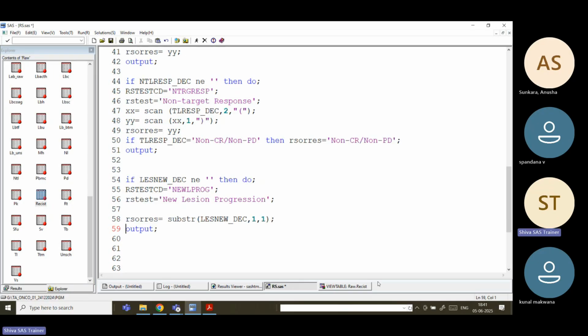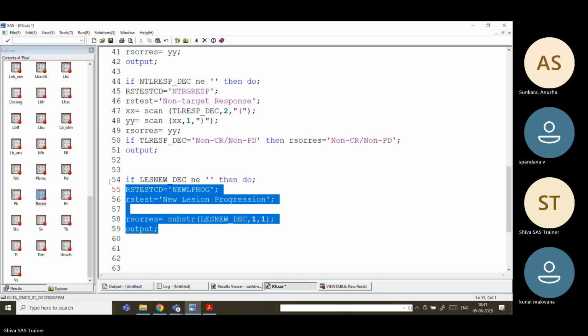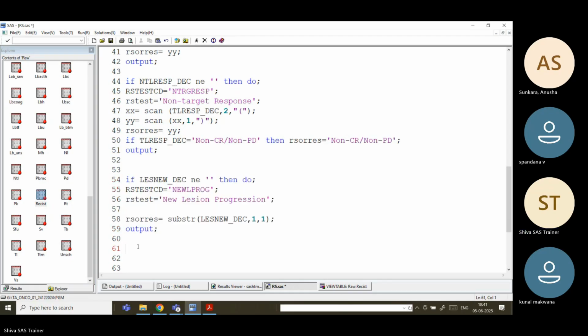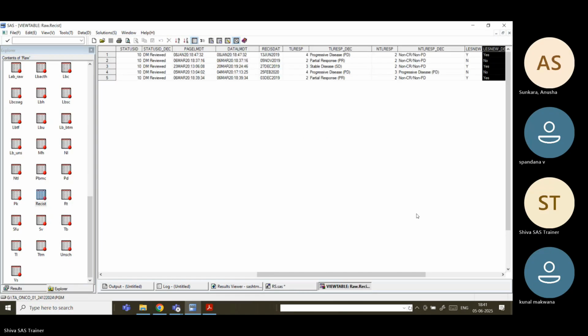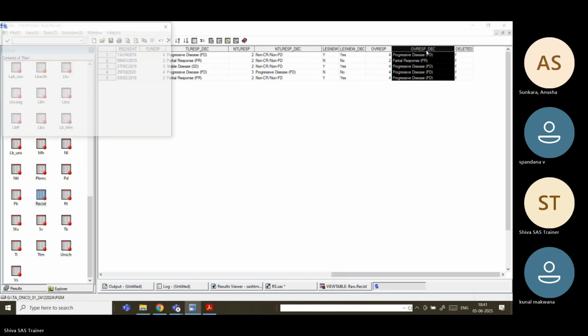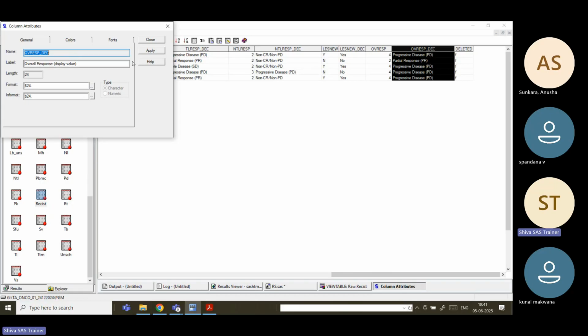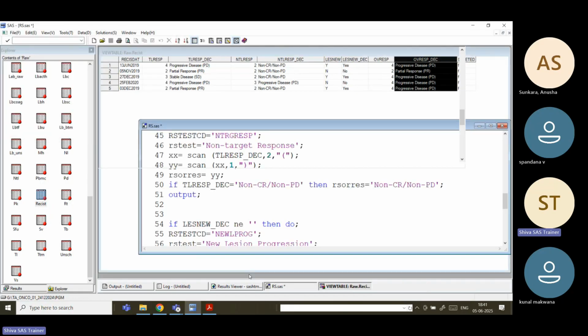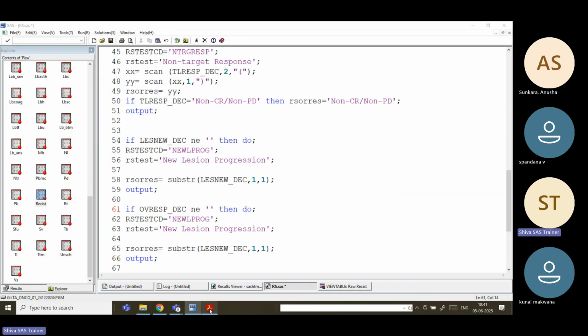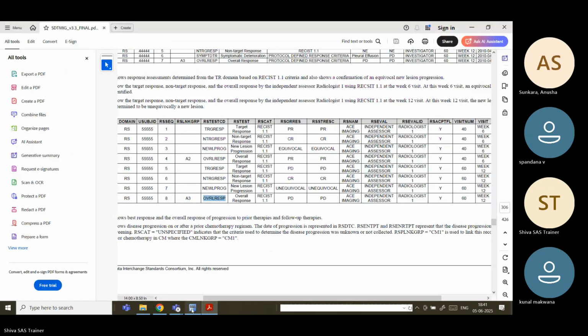And finally the overall. Okay, overall response not equal to missing, and this one